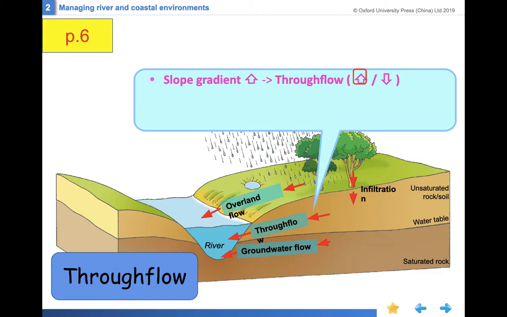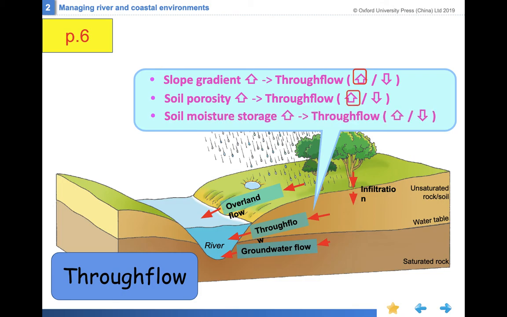Okay, so 即係佢嘅意思係嗰個地心吸力可能同時間都會吸多咗啲水落去嗰個嘅 soil level 嗰度啦，soil level 啦。The soil porosity means 啲罅隙啊，啲罅隙度啦。如果佢多啲嘅話呢，咁 of course 個 through flow 就會多啲啦。